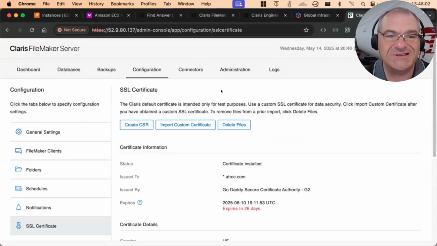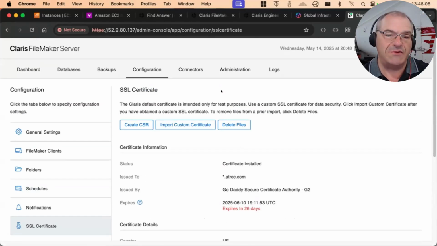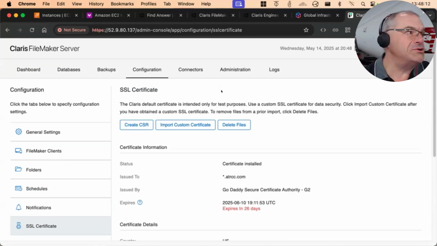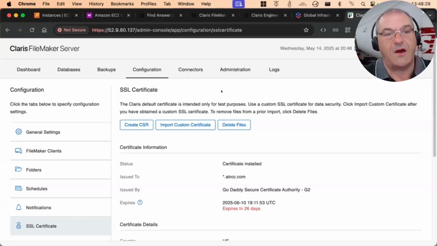It's called Let's Encrypt. It's a free encryption service, and every 90 days, instead of paying a lot of money, you can do this Let's Encrypt thing. Of course, Claris built Let's Encrypt into FileMaker Server, and no one used it. All the top people, like Jacob, went right at Claris saying, "You built this, you only got it halfway done."